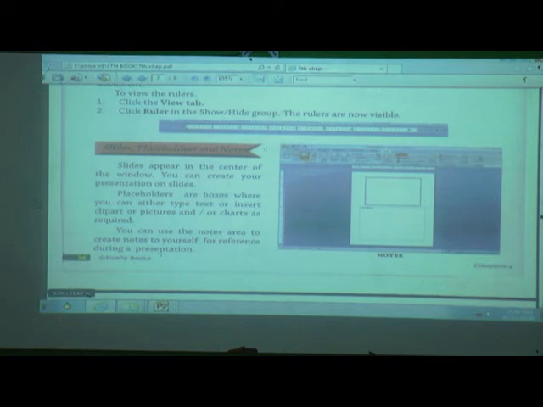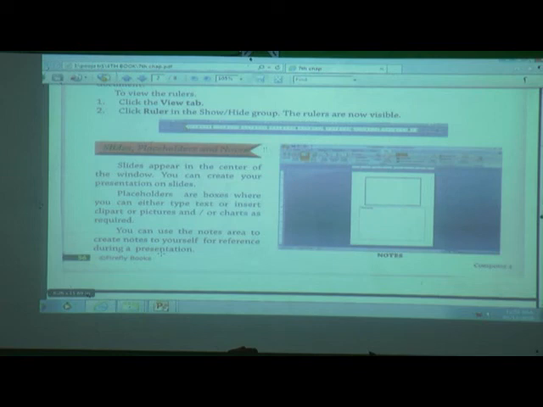Got it about the slide? Slides: we can add more than one slide in the presentation and make our presentation. Placeholder is a box where we can either type or insert a clip art or picture, and we can insert a chart if we require.